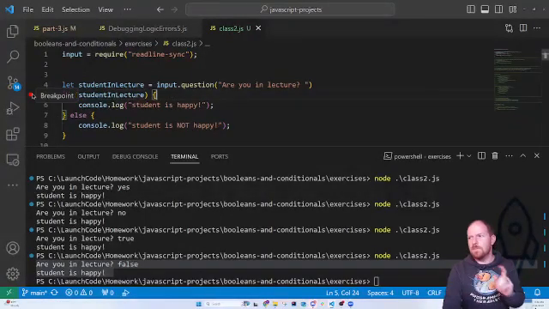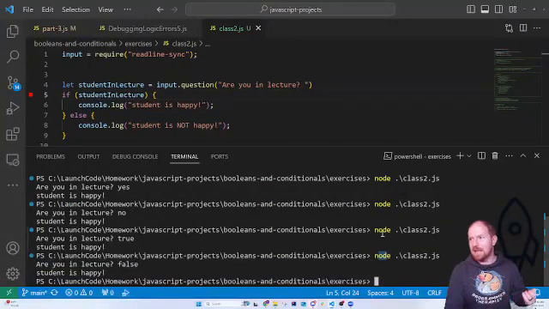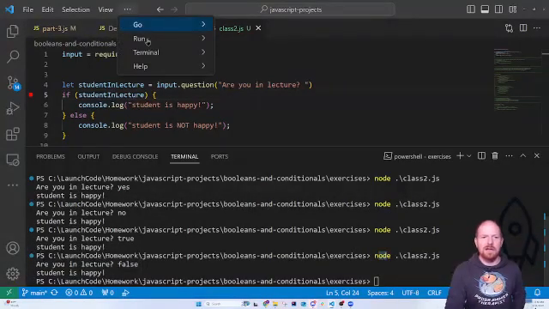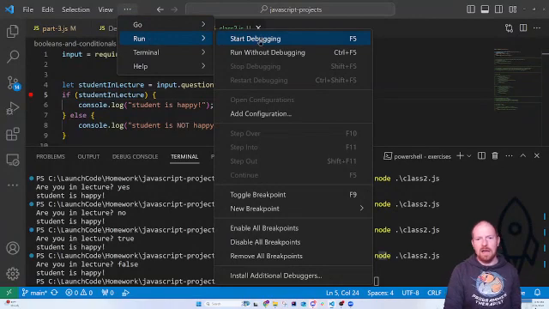I know I barely briefly mentioned this, but I debug this all the time doing this. I'm going to set a breakpoint. What this does is it's going to break my code. It's going to say stop right here. It does not do that if you do the node, because that's not a debugger. You have to have a debugger running. So that's why if I go up to run and I do start debugging with this F5,